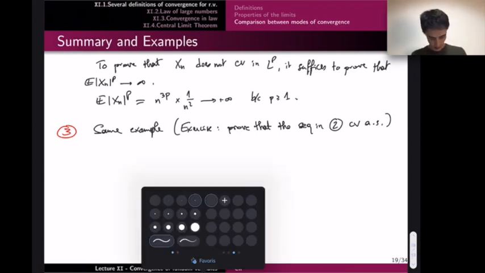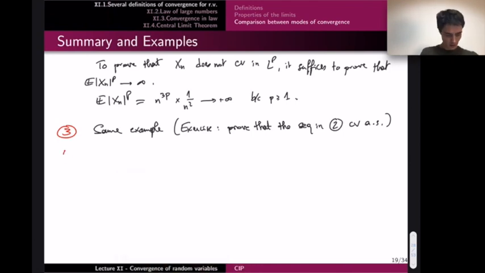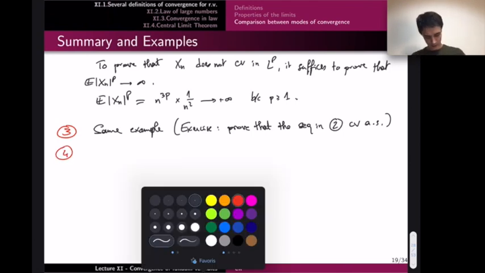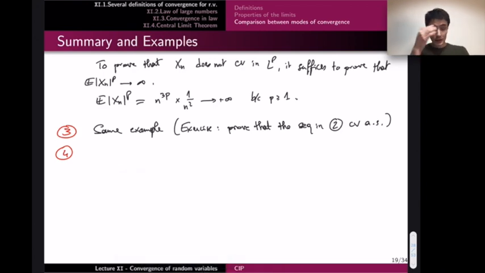So the same example works. Now an example of a sequence which converges in LP but not almost surely. Here it's the same example as in 1. You see I can choose quite easily some sequences. There's no need to go for difficult or complicated examples. You can check indeed if you wish. In 1 I didn't prove it, but I said it does not converge almost surely. The convergence in LP is easy here. It will be to 0.